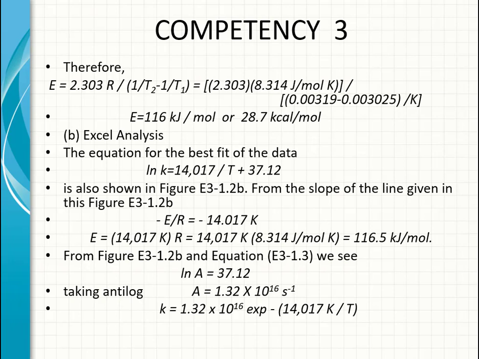So from the Excel analysis, when we plot the natural log of k against 1 divided by T, we come to a value also of E equal to 116.5 kilojoules per mole, which is the same value that we obtained in the semi-log plot, and we have that the natural log of the pre-exponential factor A is equal to 37.12, from where A is equal to 1.32 times 10 to the 16 seconds to the minus 1, and this is the same value that we got in the first plot, in which k is equal to 1.32 times 10 to the 16